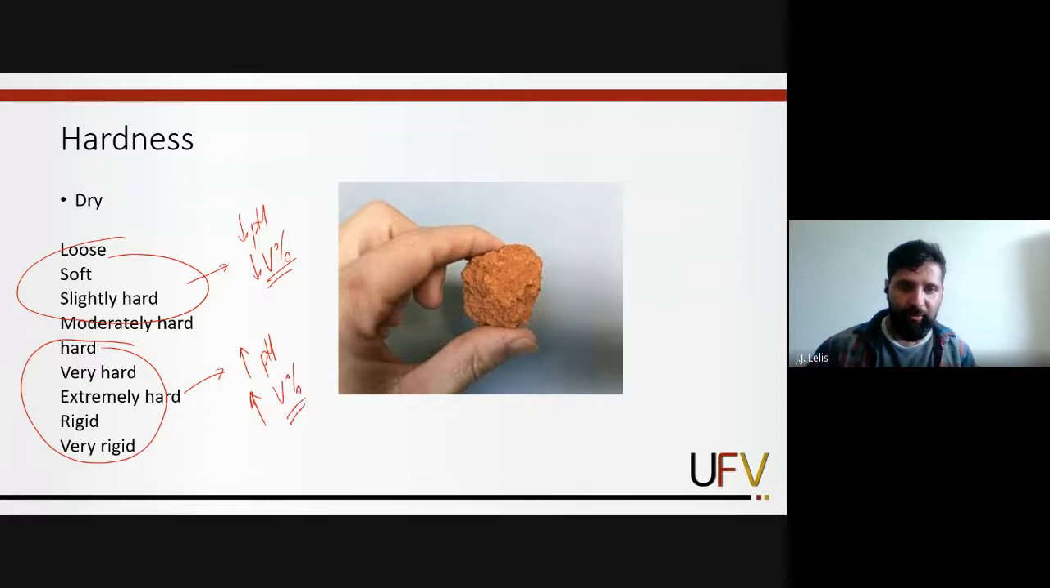So the natural fertility is high, but you have physical problems, because if you try to put some vegetables that have fragile roots, it is very hard to use this kind of soil. So depending on the kind of land use that you want, it could be better to choose an acidic pH and